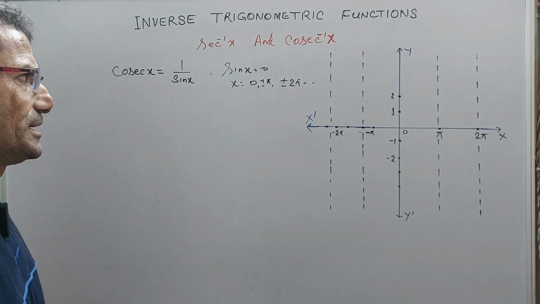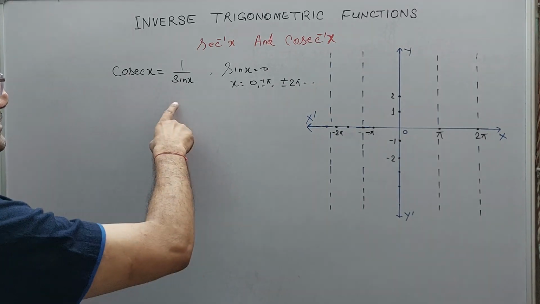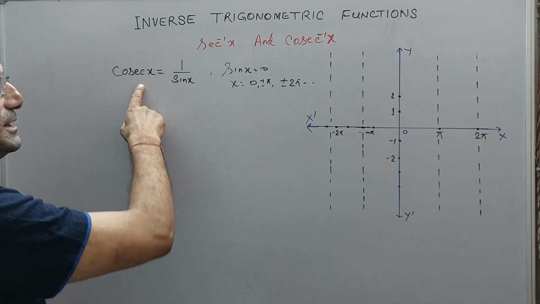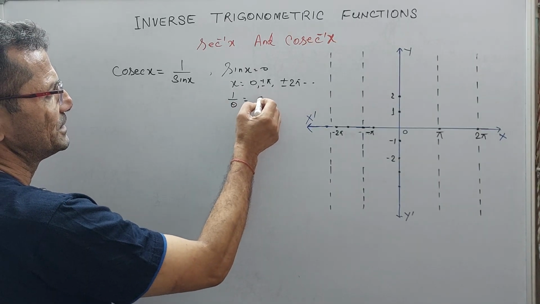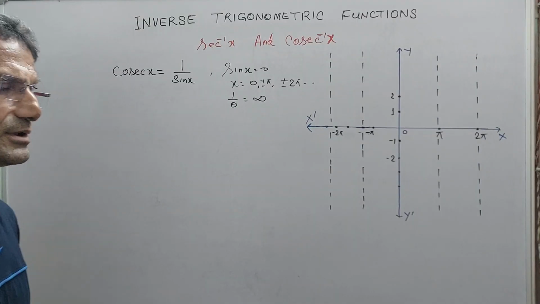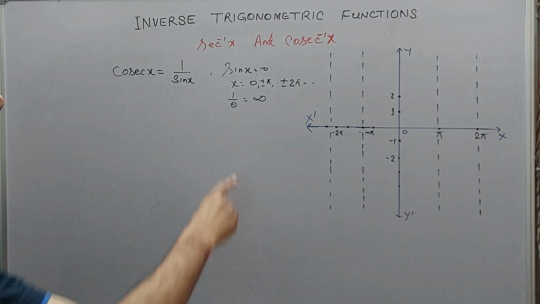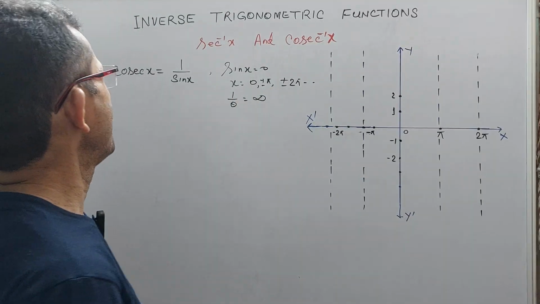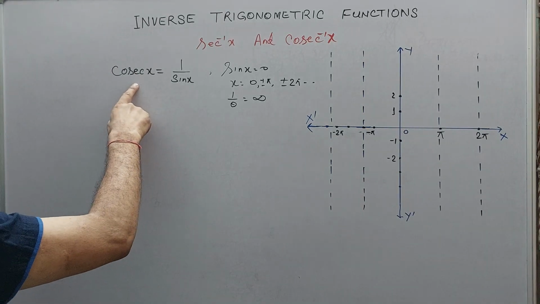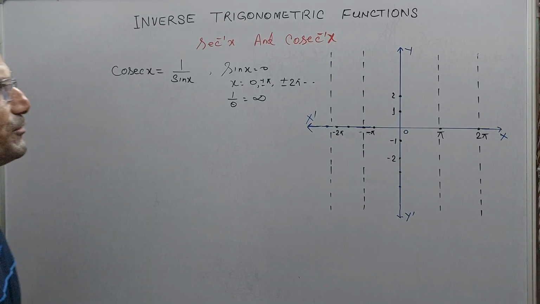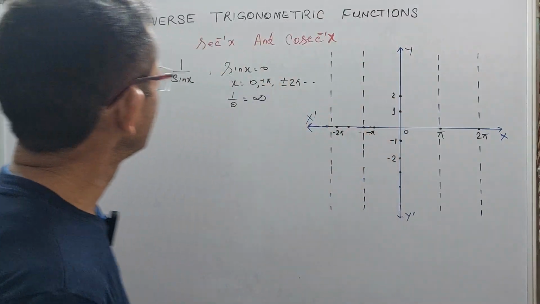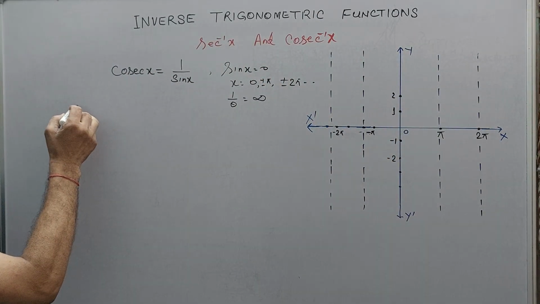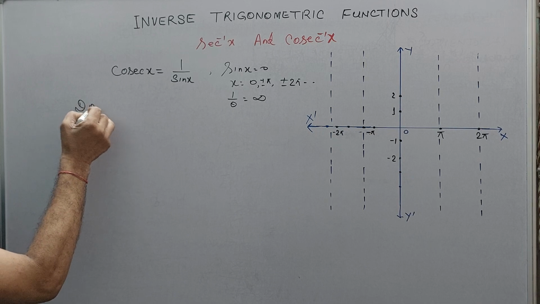For these values sin x will be 0, and if sin x is 0, then cosec x will not be defined, because something upon 0 will be infinite, not a real number. So for these values our cosec x will not be defined. So from the domain we have to exclude these real numbers. So the domain of cosec x will be,